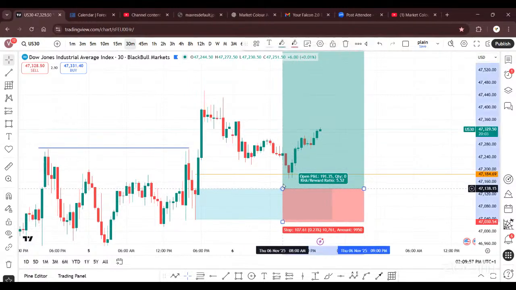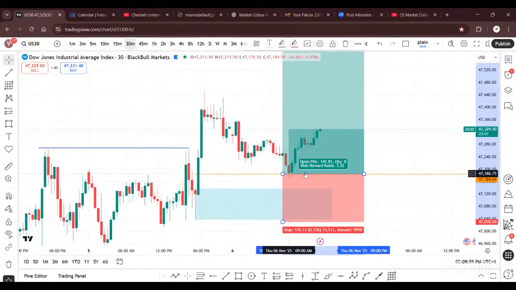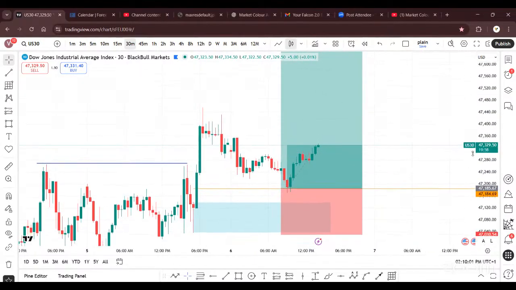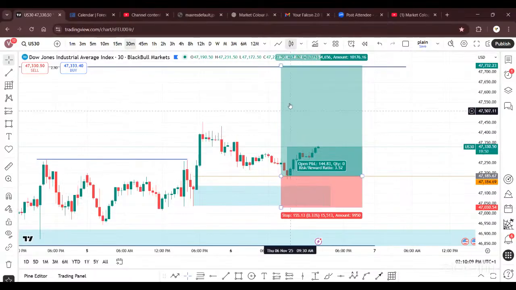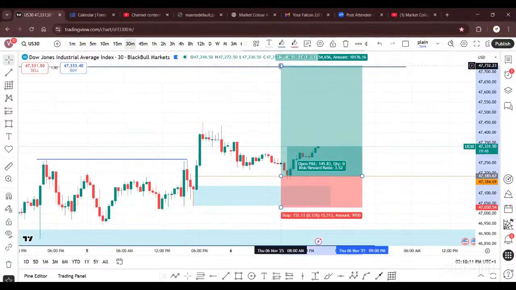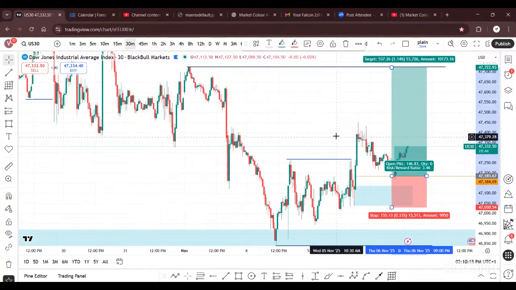But look at what price has done now, right? Instead of reacting off the other block, it went to exactly 50% of the market and then is beginning to push to the upside, right? You can imagine the accuracy in this prediction,